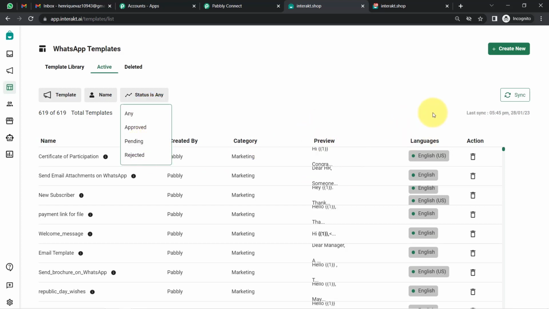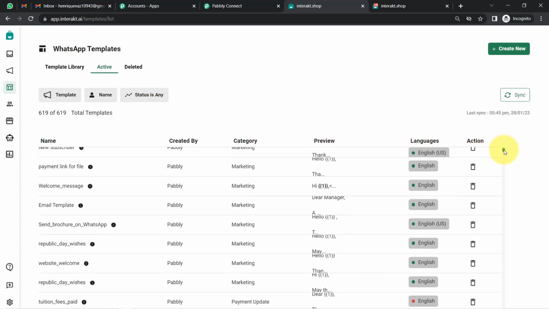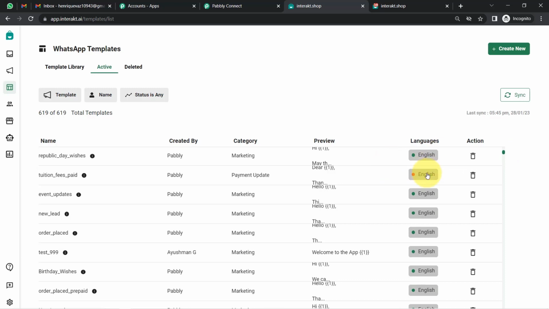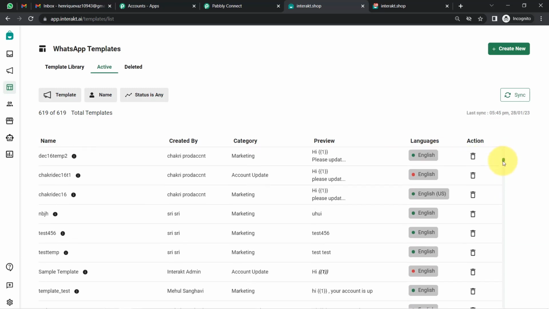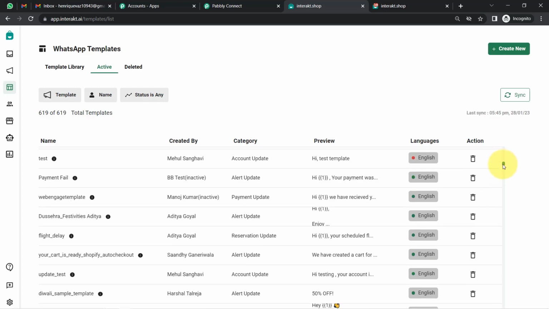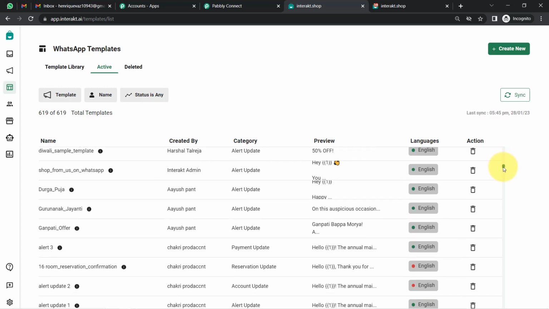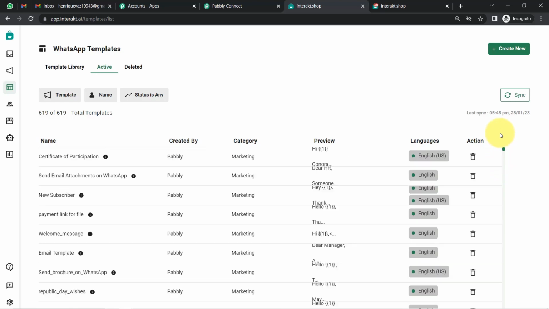So the templates marked with the green color are the approved ones. The templates marked with the red color are the rejected ones. And here, if you find this yellow color, those templates are the pending ones. Okay, so here I do not have any pending template. Okay, how you can create this message template, submit it for approval and get the approval via